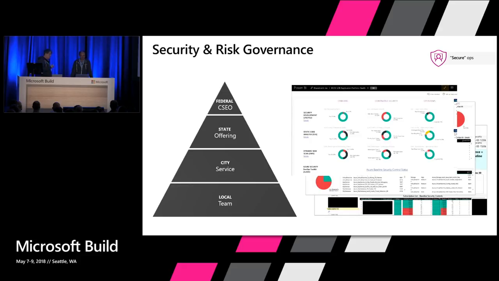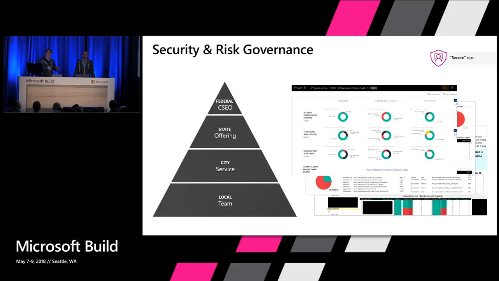So as Mina was talking, all these engineering teams have these controls and have these processes that they're supposed to follow. But how do we feel comfortable as an organization around the security controls of all these different engineering teams? And there's, I don't know, hundreds of engineering teams, right? Yeah. And so we've adopted this kind of federal, state, city, and local type of government where all this information feeds into these OMS workspaces, and then we basically dashboard them.